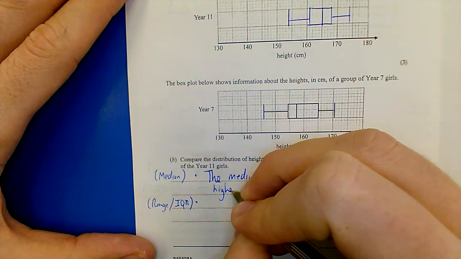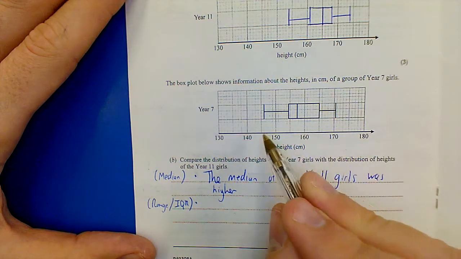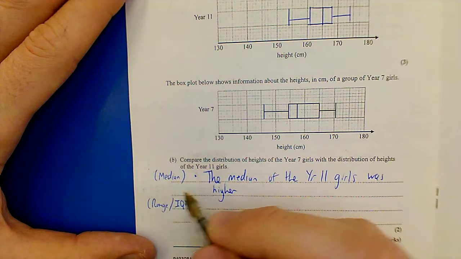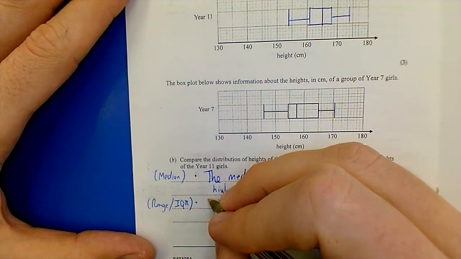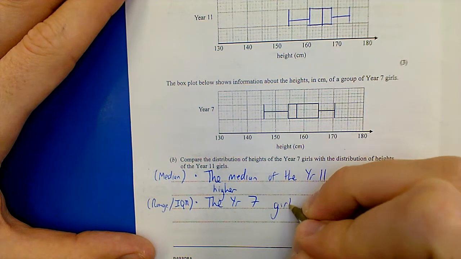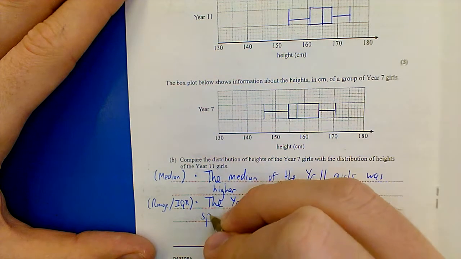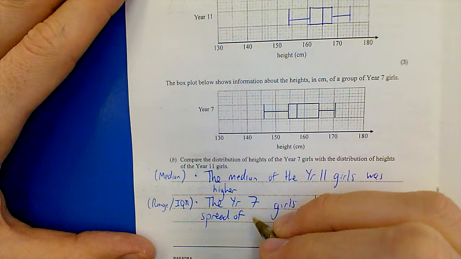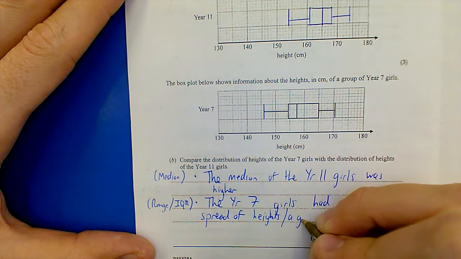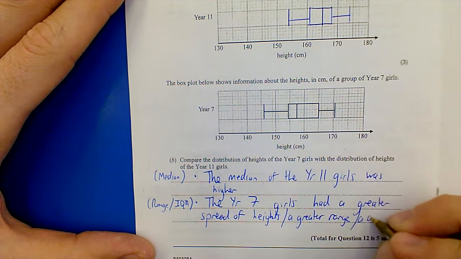Obviously if you go the other way and say the median of the year 7 girls was lower, it's the same thing, that's fine. Then you have to comment on either the range or the interquartile range, it doesn't matter which, just the median has to be one and the other has to be one of these. So you could say that the year 7 girls had a greater spread of heights or a greater range, and in this case the interquartile range is also greater, so you could say or a greater